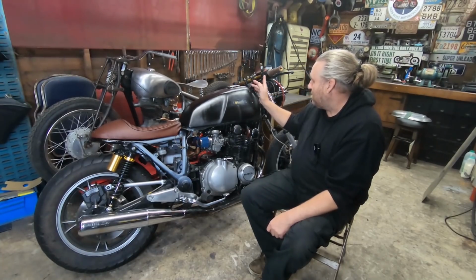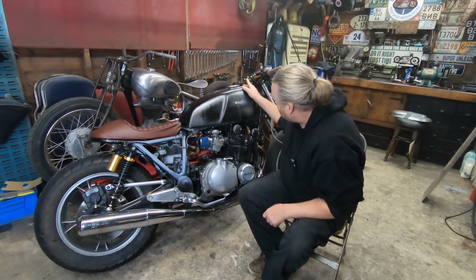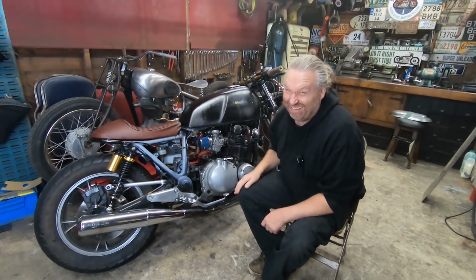Handlebars have got to be changed because they hit the tank. They need a bit of a rise in them. Plus the gold, I don't know if you can see that, the gold is horrific. All this, it just looks...